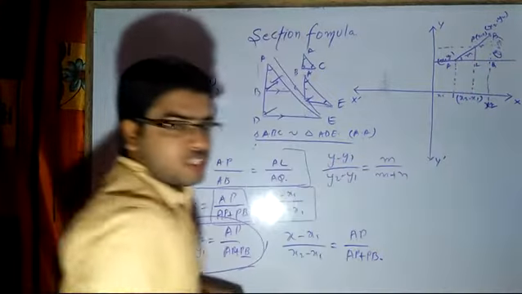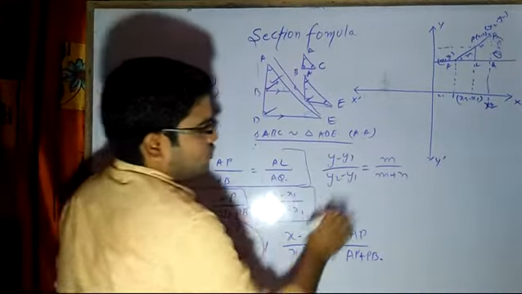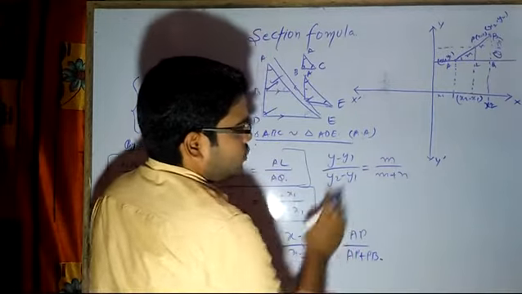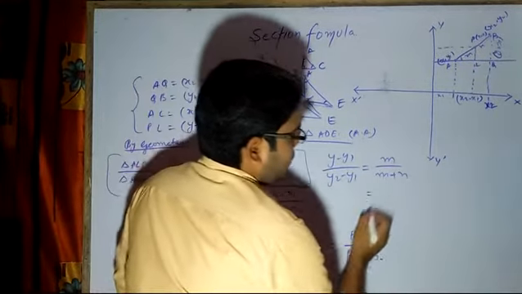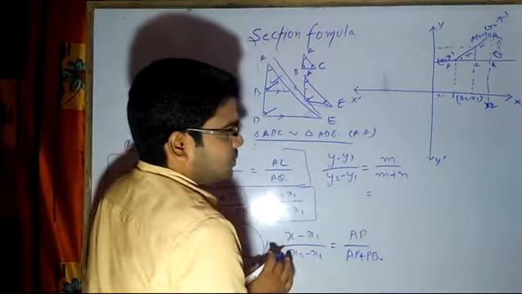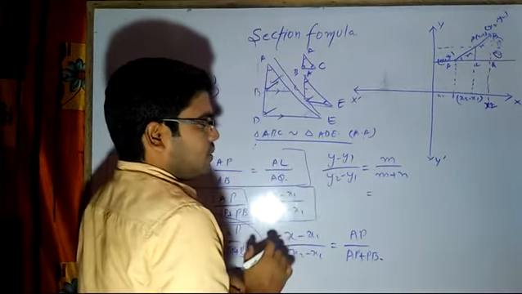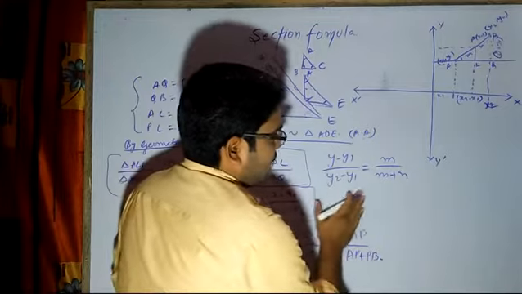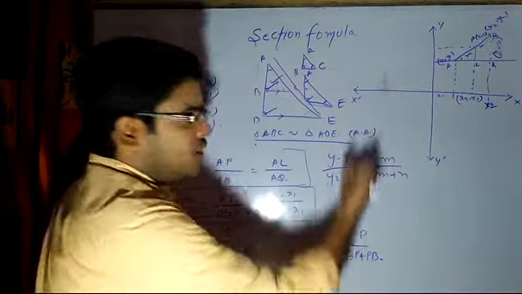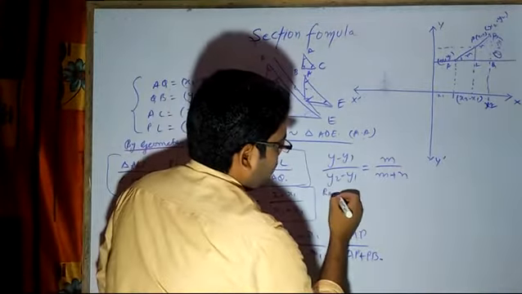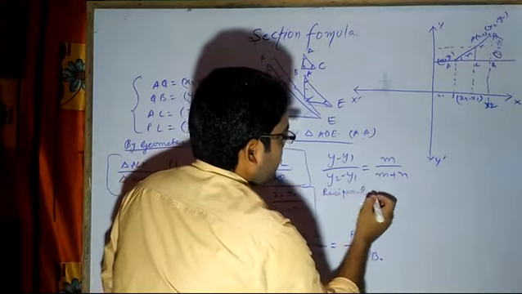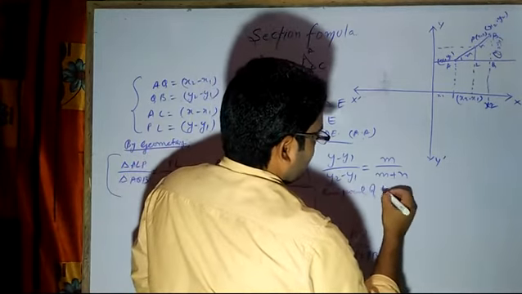PB, I have taken the ratio as n, so I have substituted the value. Now I can do one more thing. What I can do here is, either I can do cross multiplication. So let's do the cross multiplication, but it will become lengthy. So instead of that, I will just try to reciprocate. So reciprocal of the above